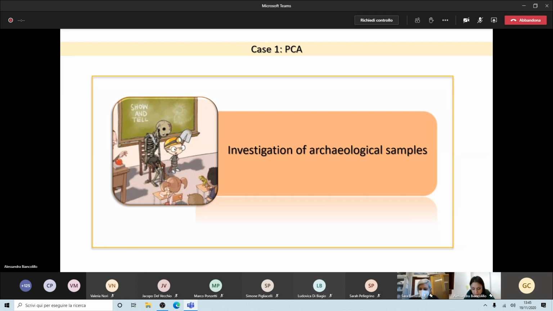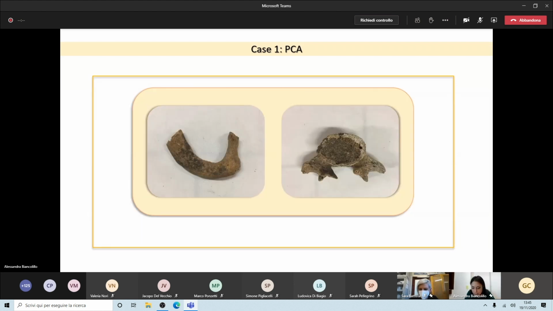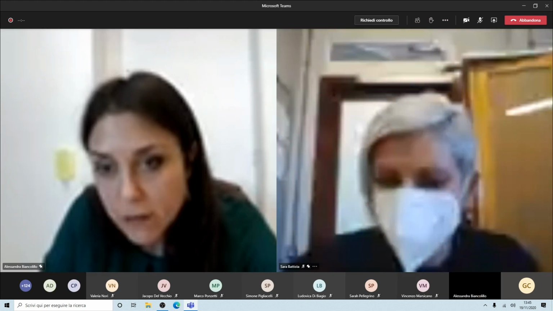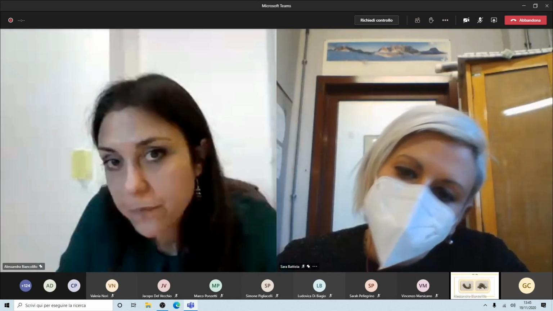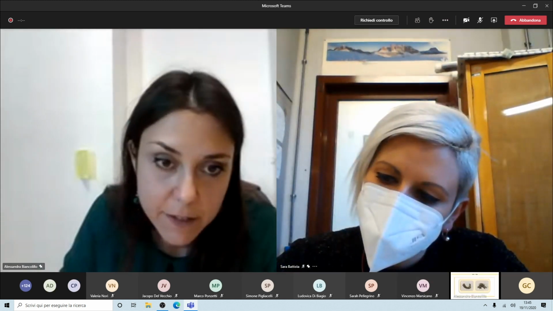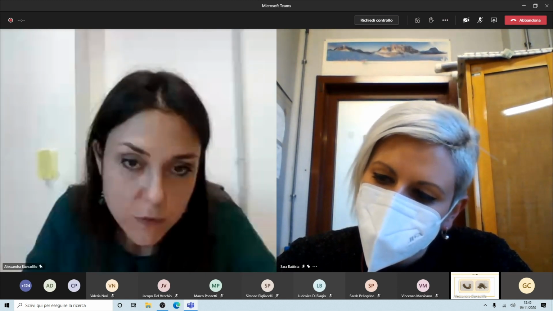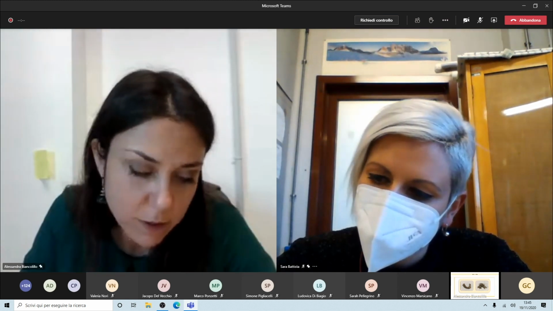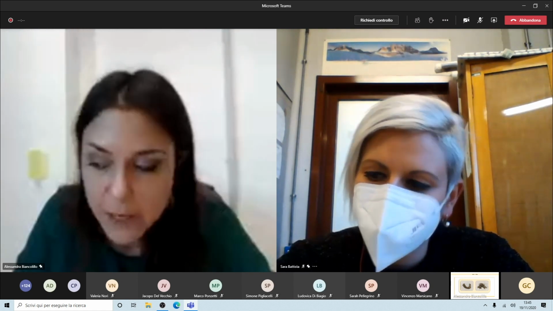Now, probably these things will become easier by looking at a practical application of principal component analysis. So in this case, we used principal component analysis to investigate some archaeological samples. This study came out because some archaeologists came to us bringing some samples. As you see, they had unearthed some human bones from two different necropolises, one in Italy and one in Sudan.